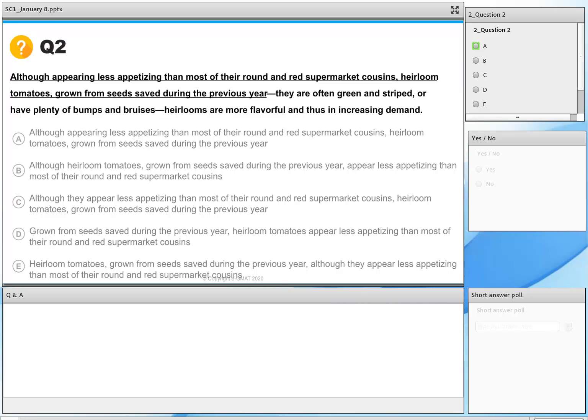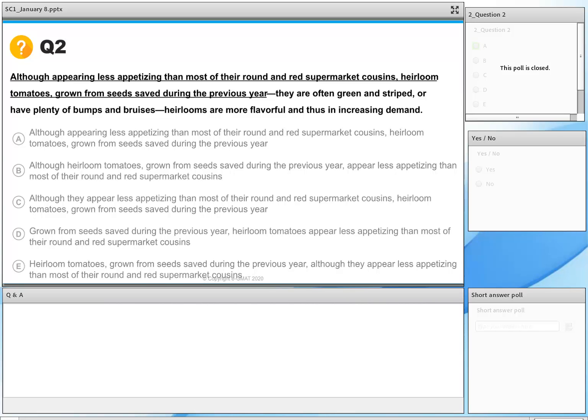30 seconds remaining. Okay, there's about 6 of you that still need to lock in your answer choices. 5, if the last 4 of you could make your final choices, we'll go ahead and start discussing the questions. I'll end the poll. I'm gonna give you guys about 5 more seconds. 5, 4, 3, 2, 1,